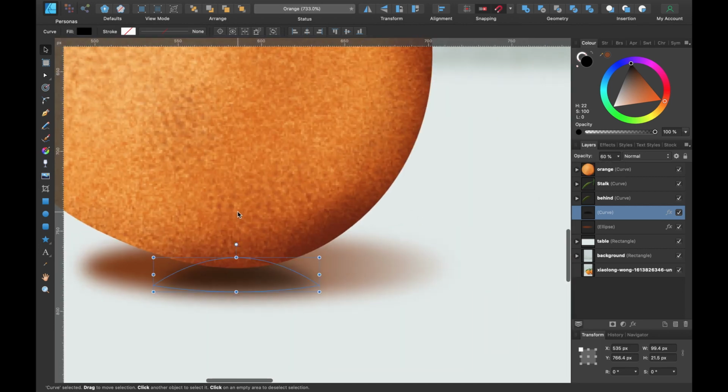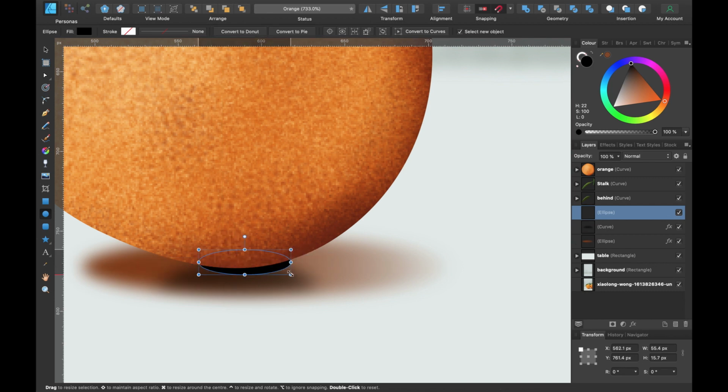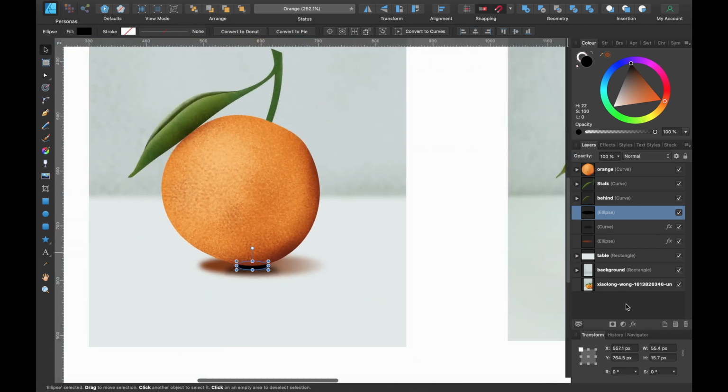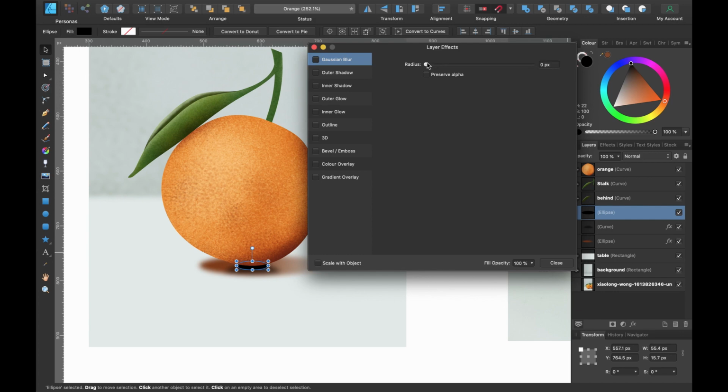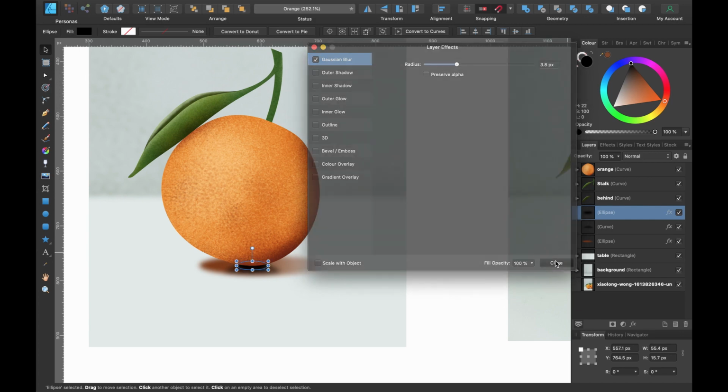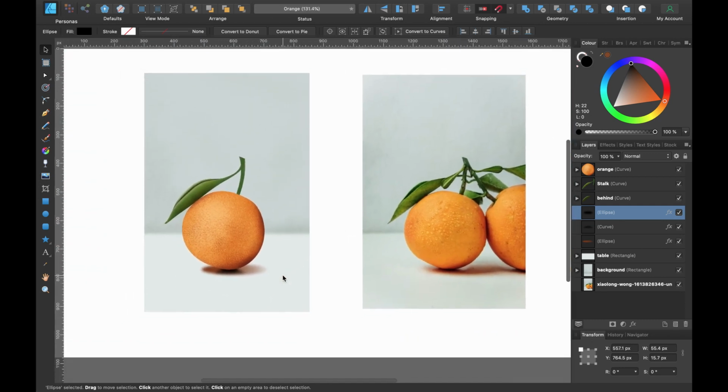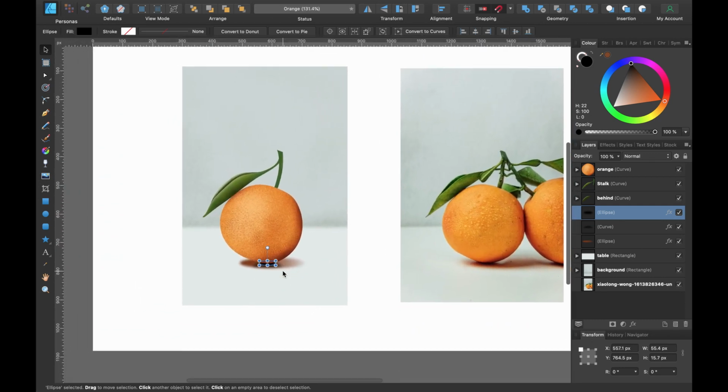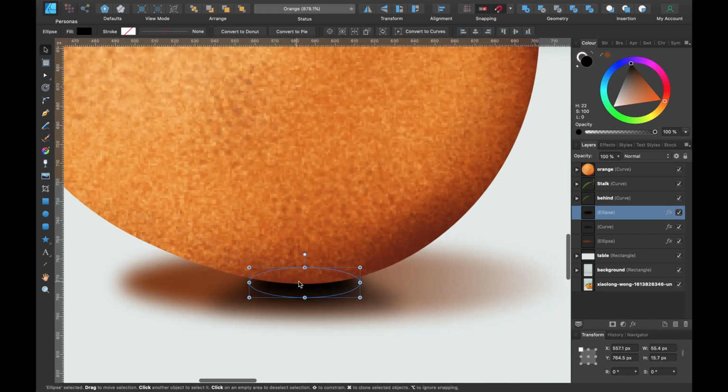And the next thing I'm going to do, because we've added the Gaussian blur, it's not as dark anymore. So I'm just going to add another little ellipse in here. So selecting the ellipse, draw out a little circle here, or egg shape. Press V, the move tool, and just place it somewhere like that. And we'll chuck on another Gaussian blur, just a little bit. Something like that. Now it's starting to look kind of similar,